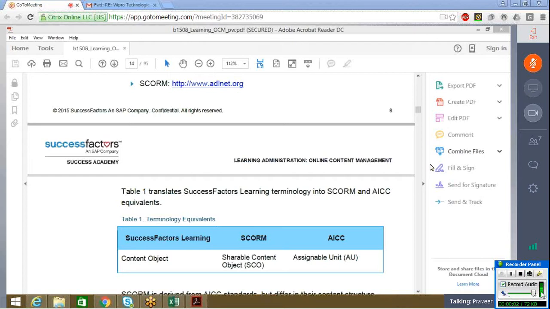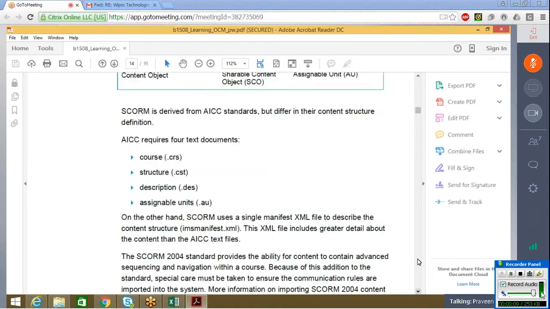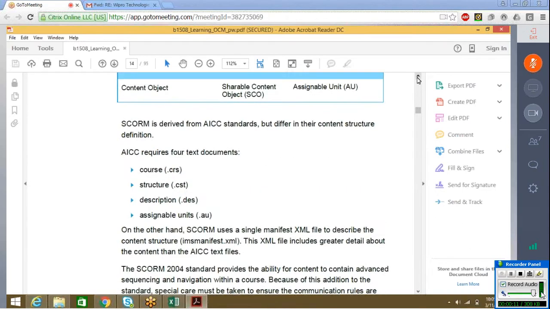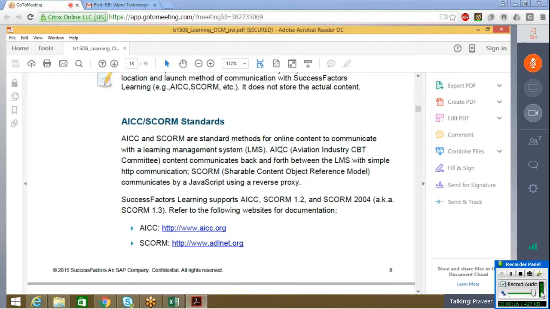Method which is called AICC, and so they have in detail given the explanation as AICC and SAM method. Specifically, AICC and SAM are standard methods for online content so that it can be communicated between the LMS system and the content server. AICC refers to the Aviation Industry Computer-based training Committee, and SAM refers to the Sharable Content Object Reference Model. These are the three standard methods which we use for